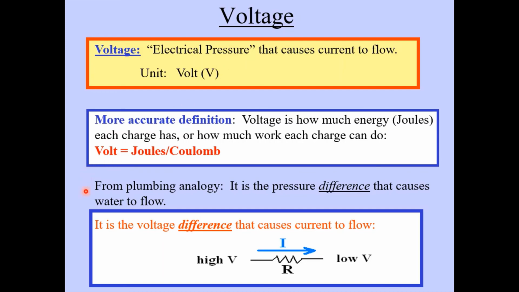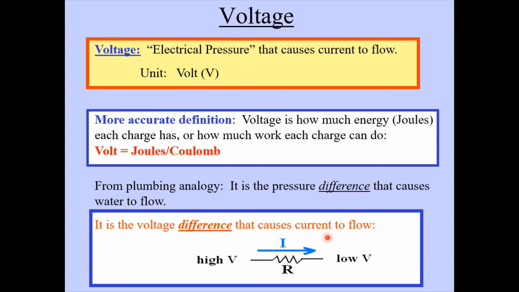So from our plumbing analogy, it's the pressure difference that causes water to flow. So it's the voltage difference that causes current to flow. So if we have a resistance here, remember here's our symbol, this little jagged line stands for a resistance, R. And if we have one end of this resistance connected to a high voltage, for example, the positive terminal of a battery, and if we have the other end connected to a lower voltage, for example, the negative terminal of a battery, then we will have current flowing through the resistance, and that current is due to this voltage